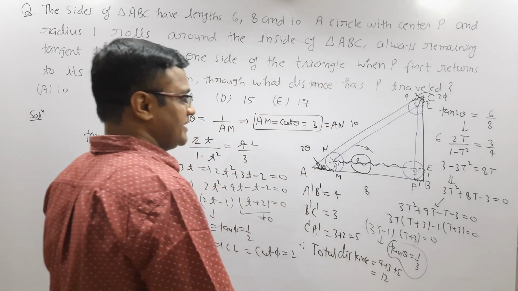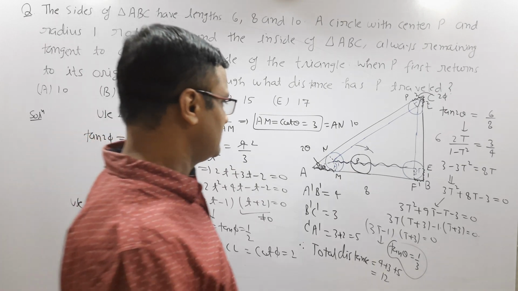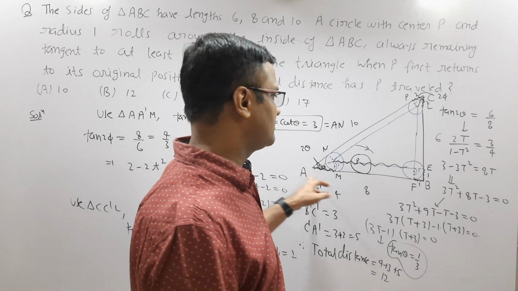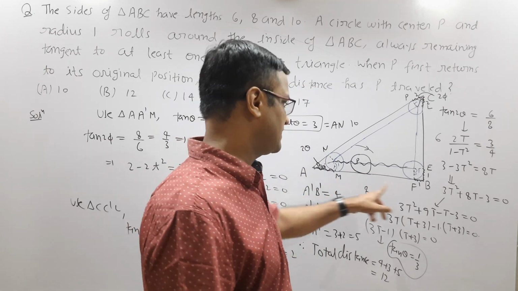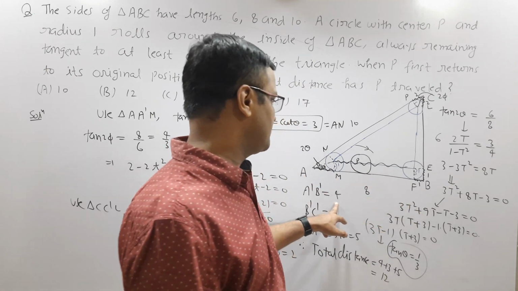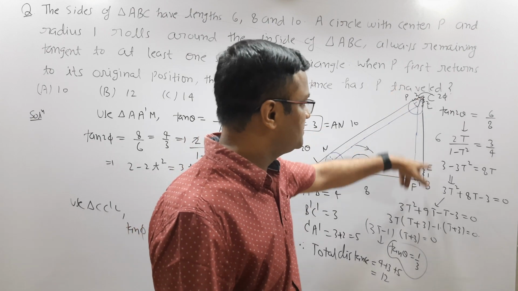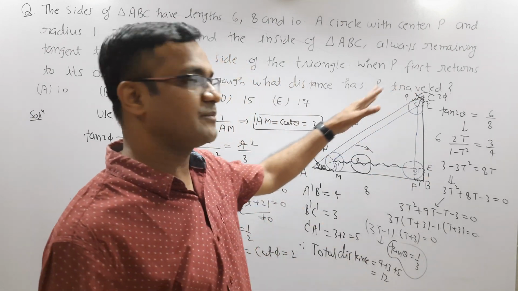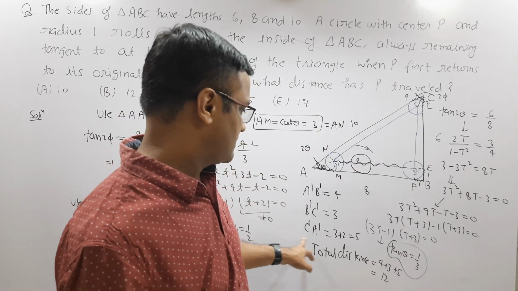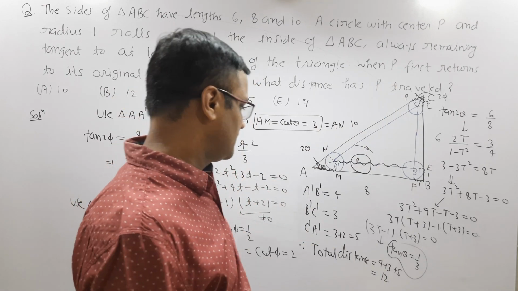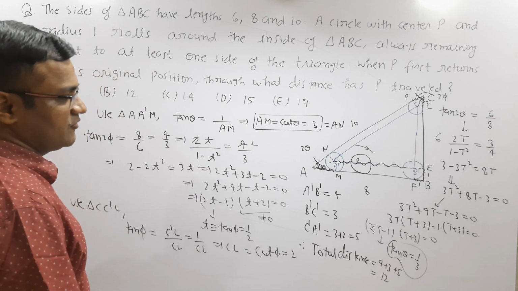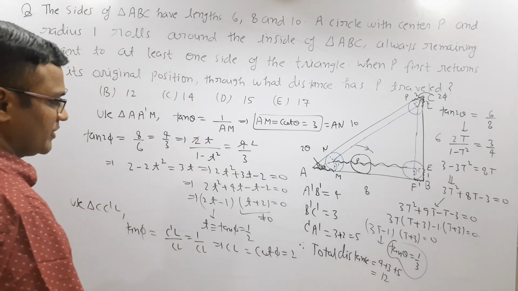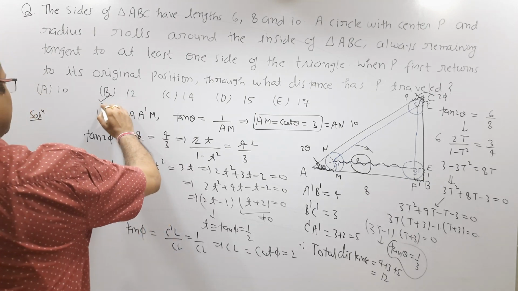And if you notice, the length of each line segment is clearly half of the original triangle, because we are given the length of AB is 8, here A prime B prime is 4, the length of BC is clearly 6, and the length of B prime C prime is 3, and here the hypotenuse AC is 10, and the length of A prime C prime is 5. So the perimeter of the new triangle is exactly half of the original one. So what is the correct answer of this question?